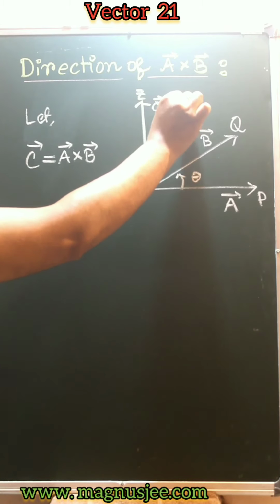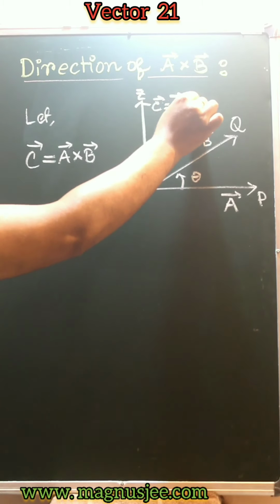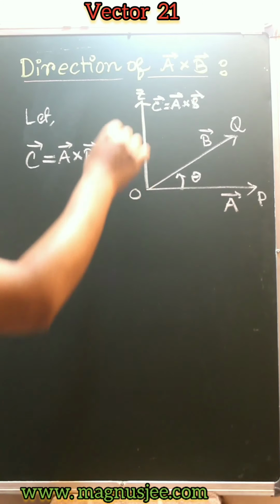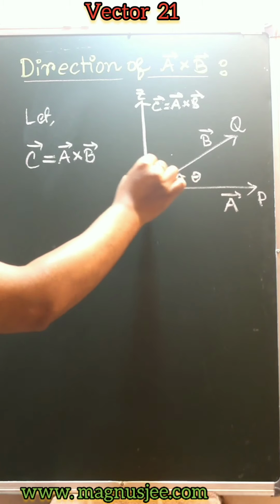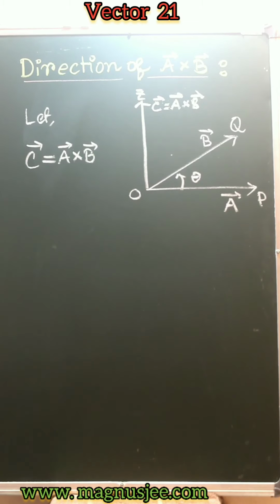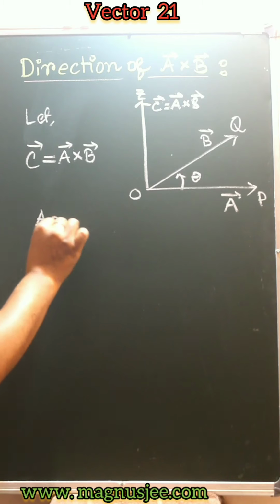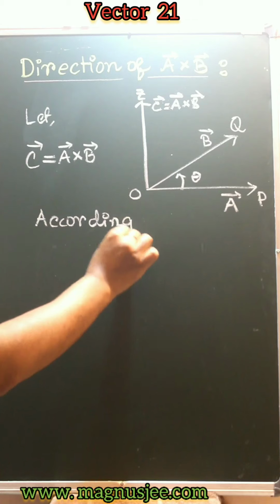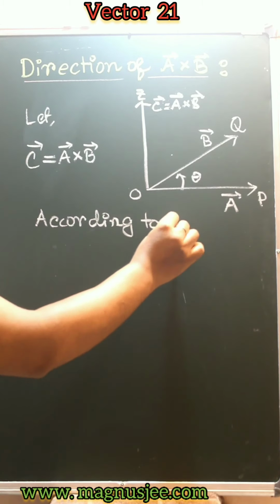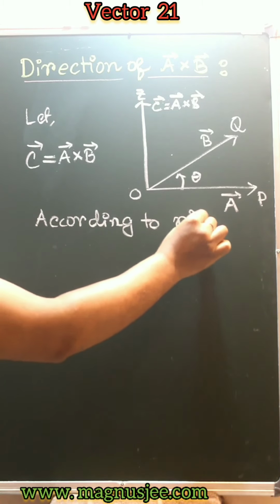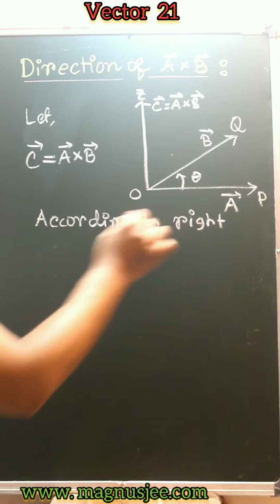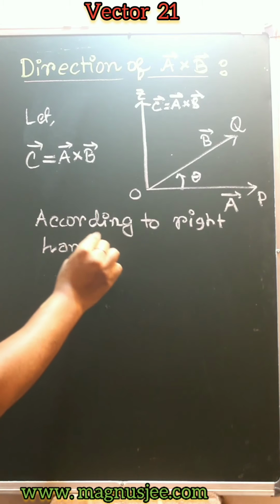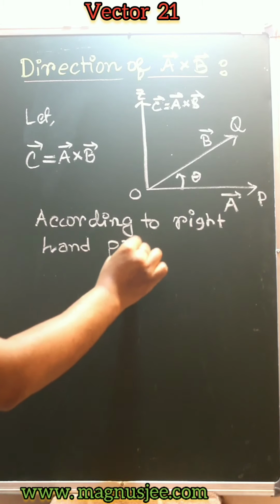In this direction, vector A cross vector B, that is vector C, acts. Along OZ, vector C acts, and vector OZ is perpendicular to OQ and perpendicular to OP. According to the right-hand palm rule, according to the right-hand palm rule, according to the right-hand palm rule,